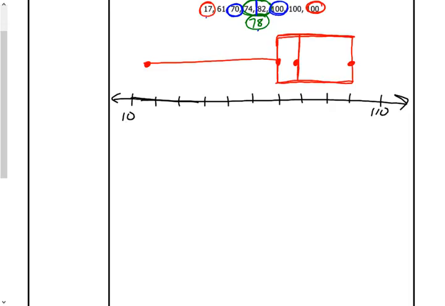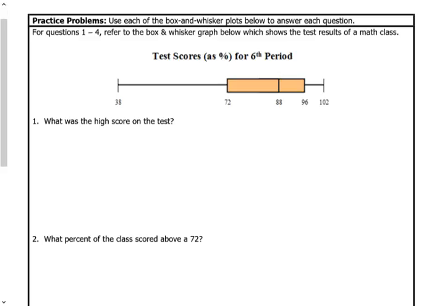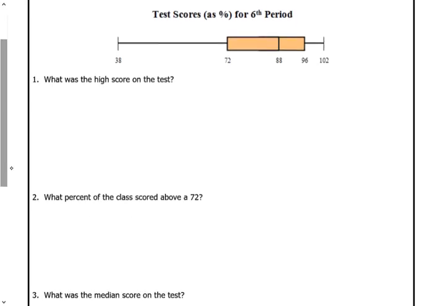Now, we go through that exercise, and we're going to have you do it a couple more times. But mostly what we're doing is interpreting a box and whisker. So on this one, it's important that we go through drawing it so that we can really understand how to interpret it. And what are we going to do here? Well,